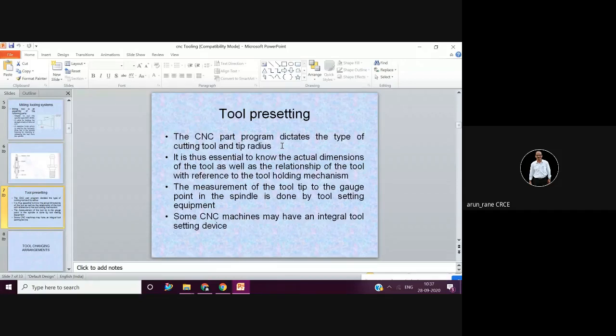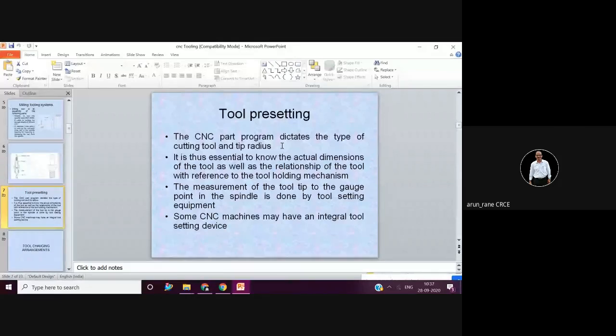By now you have understood the importance of CNC machining, and you have to save time, particularly the setting time. In 8 hours, normally the thumb rule is your spindle should run for 75% of the time. That is, out of 8 hours, the spindle must run for 6 hours. Then only you will earn the profit. So 2 hours is for your lunch time, tea break, refreshment, and for setting.